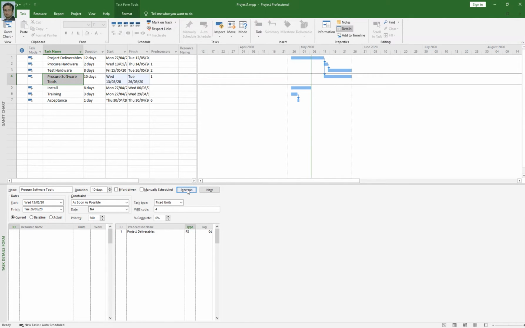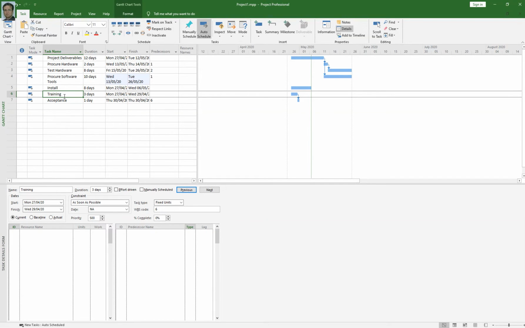So let's talk about how to apply leads and lags. In this section you can see this column, lag. So under the lag column we can set leads as well. So let's talk about that. The training activity will start right after the install activity is finished, and we will wait for 3 days, for instance.